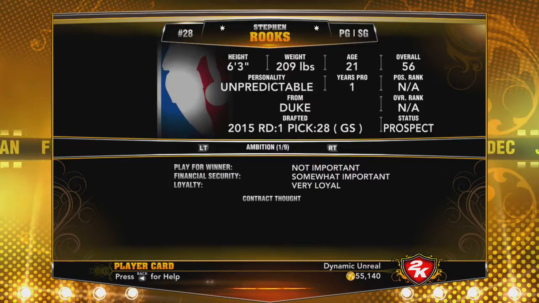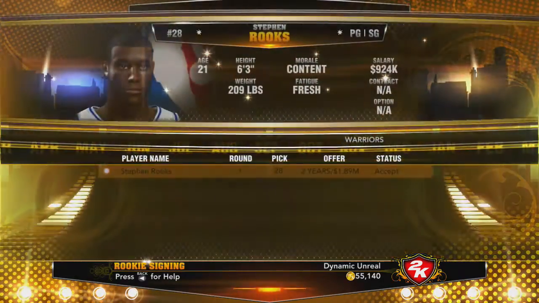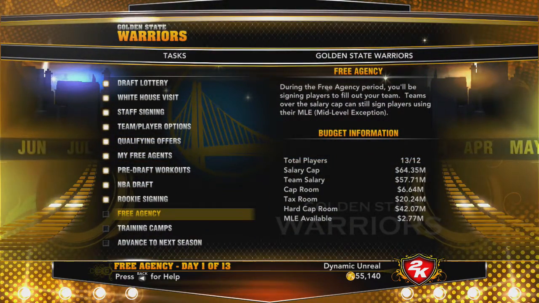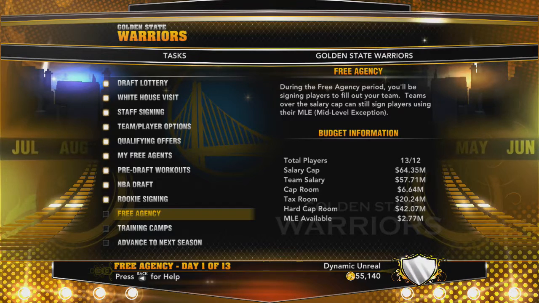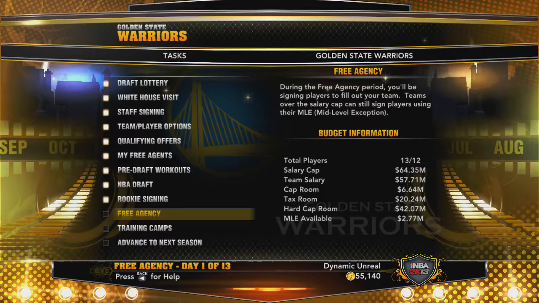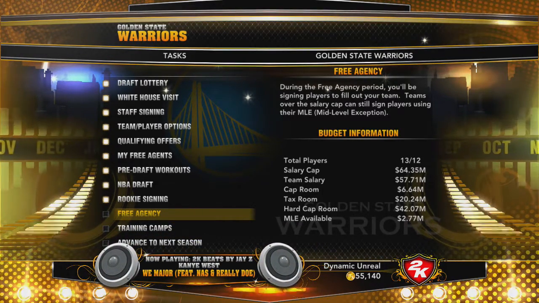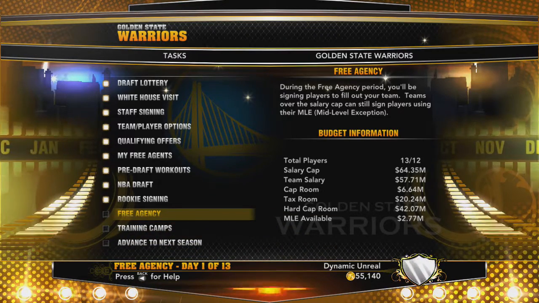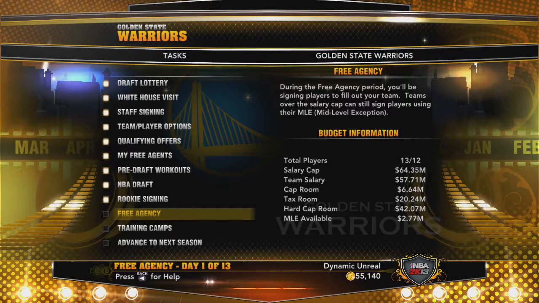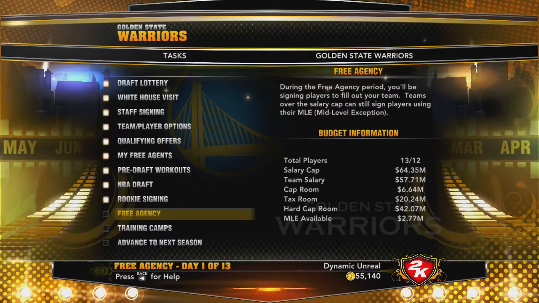I need somebody to fill out the roster, so I'm going to sign the scrub right here, 56 overall, because I need him to fill out my roster. And in free agency, we have a cap room of 6.64 mil left. That's not enough to sign an impactful player for our team. And the hard cap is at 42 mil. So once those young players that I have need an actual contract, then I'll have enough money to sign them